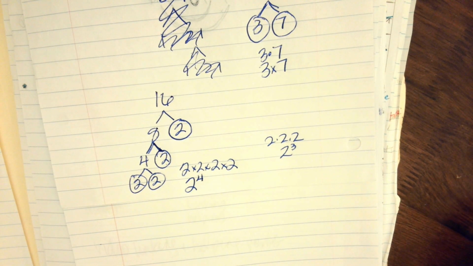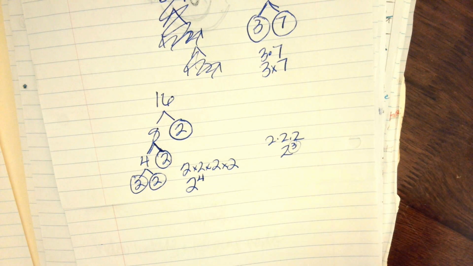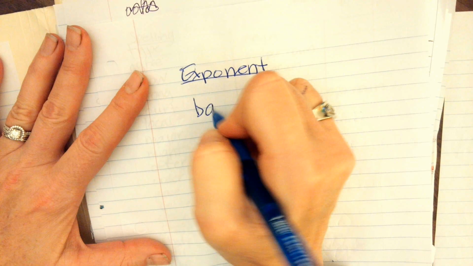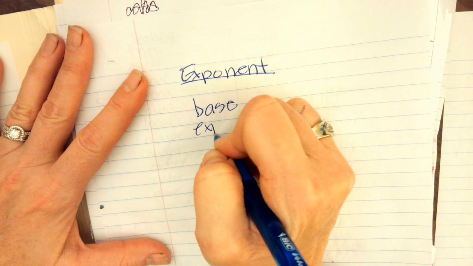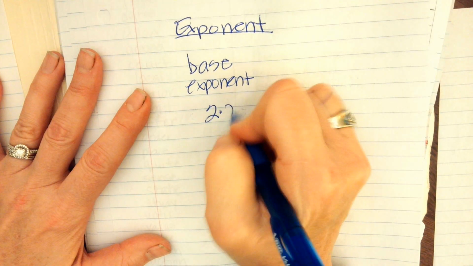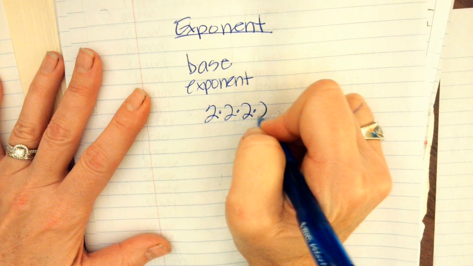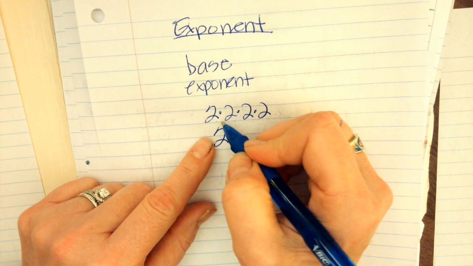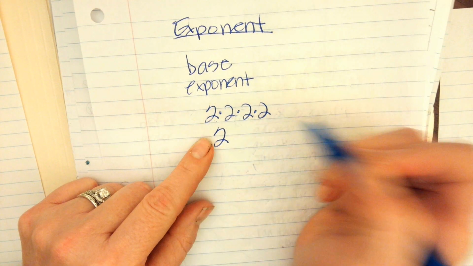So, have you learned about exponents yet like this? I don't think so. Okay, so I'll teach you about that as well. So, an exponent has two parts to it. It has a base and it has the exponent. So the base is like the 2. So 2 times 2 times 2 times 2. The base would be what you're multiplying, and the exponent would be the number of times that you're multiplying the